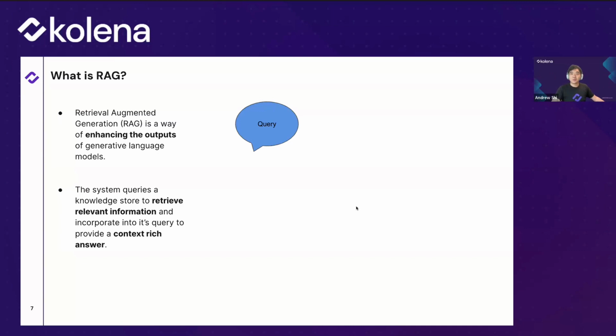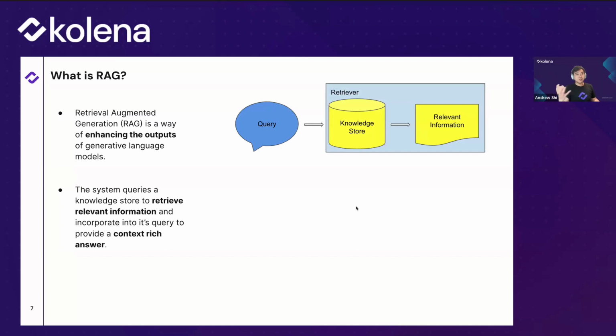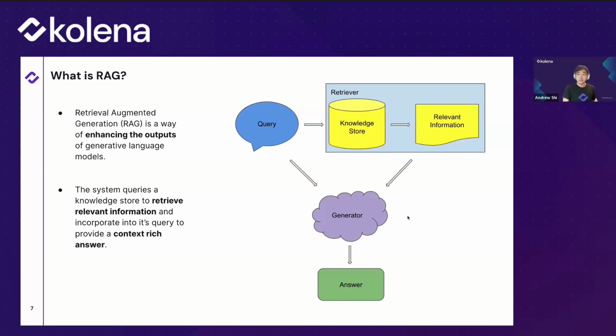And for the most part, that works great if you're looking for things that involve general conversation or knowledge that is unchanging or not very specific. But RAG, retrieval augmented generation, uses additional information to pull from a very specific knowledge store. And the value here is that not only do you get the power of the LLM, the generator, to answer your questions, but you get to pull on a very specific knowledge base,